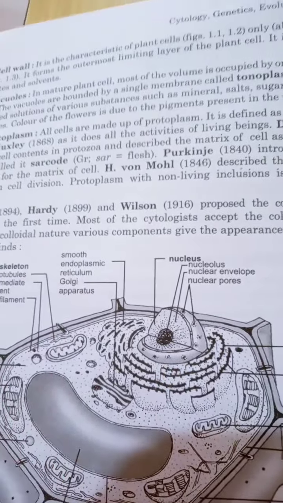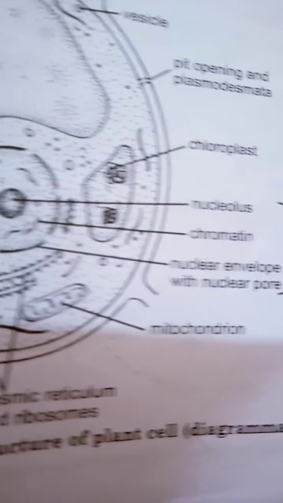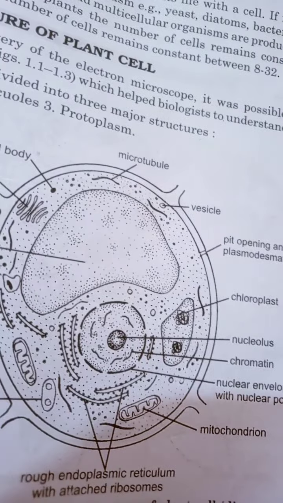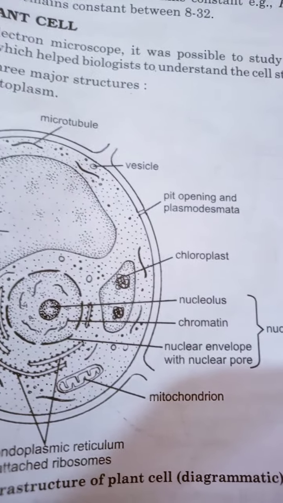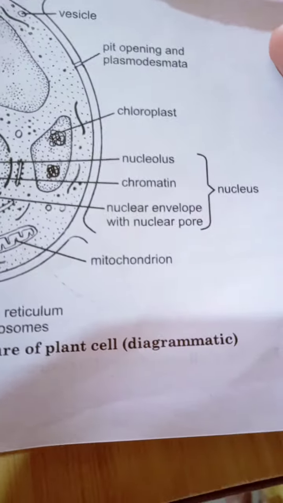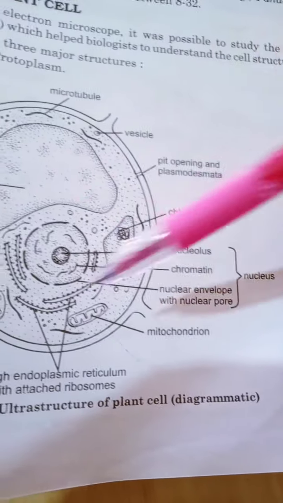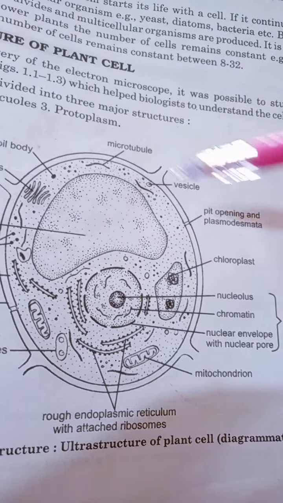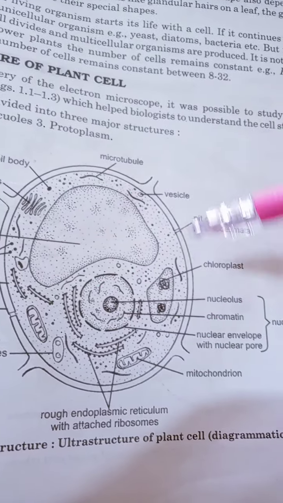Likewise, you could see the structure of a plant cell, how a plant cell looks internally. Here you see the ultra structure of a plant cell. When we talk about the plant cell, the outermost limiting boundary is the membranous structure, that is your plasma membrane, and in turn there is protoplasm inner to the outermost boundary of the cell, that is nucleus plus cytoplasm.